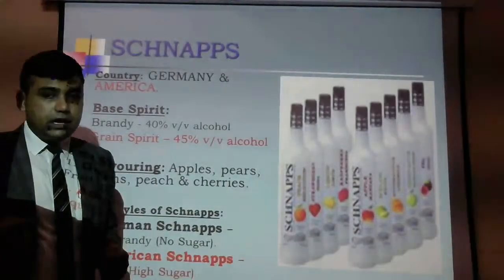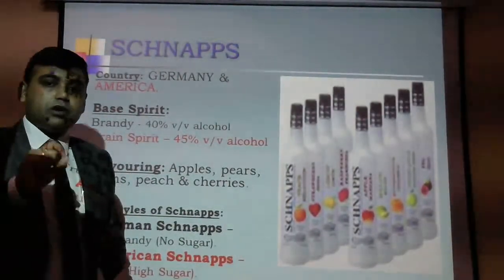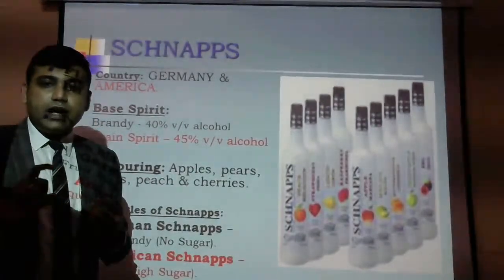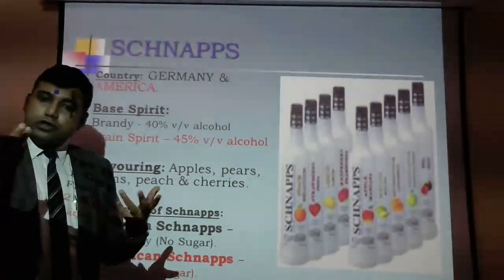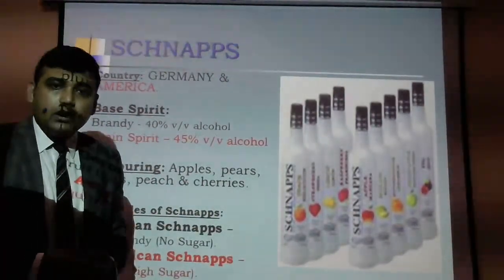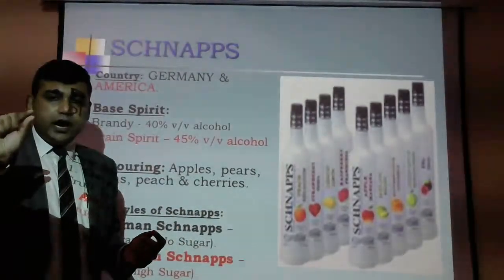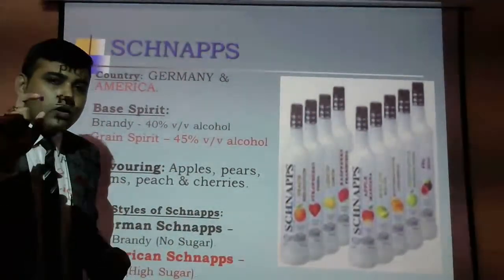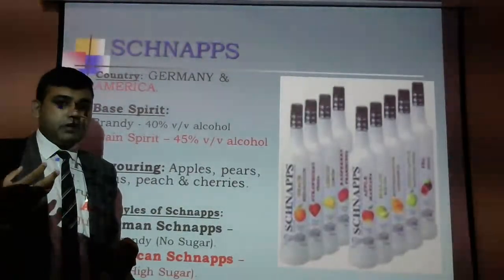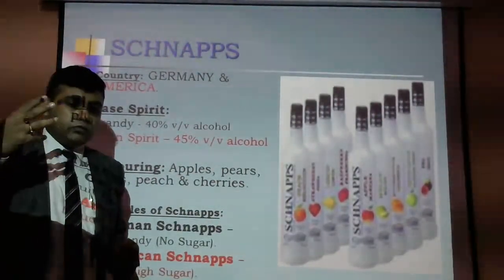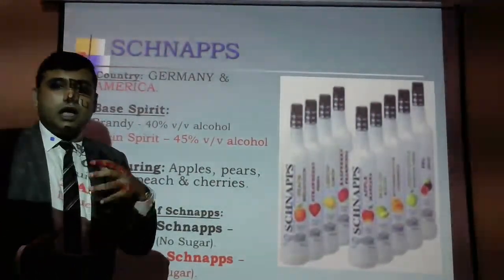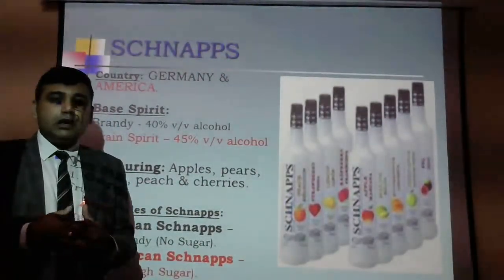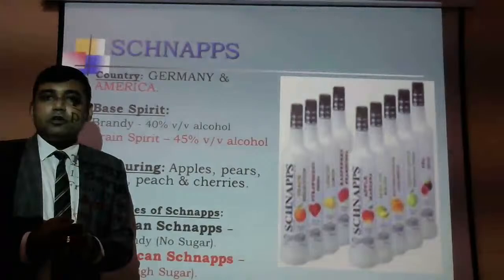Or as an ingredient with the other beverages, because the alcoholic percentage is between 35 to 40. Because these are like fruit brandies only, right? So for the fruit brandies or fruit alcohols, you will find the alcoholic percentages are always on a lower side, because the fruit flavor is dominant over the alcohol, right? So they are made from apples, peaches, pears, plums, all the sweet fruits.